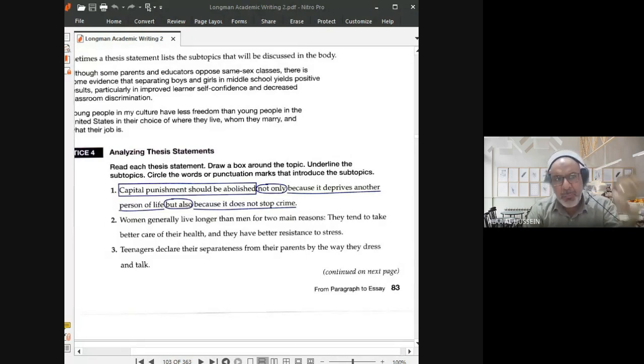So capital punishment as a noun, a static noun, a static part of the sentence. The subject or the topic should be static. We are talking about something, okay? And this something, in this example, is capital punishment. Of course, capital punishment is the death sentence. Death sentence. Just a second, please.